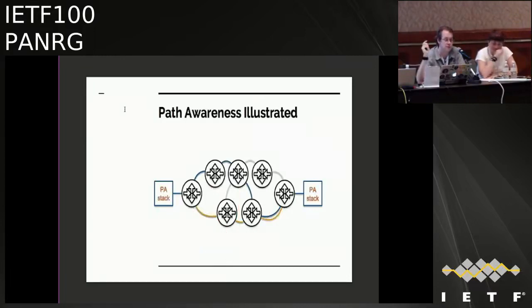In a path-aware internet, the control plane in some way is pushed all the way to the edges. You have endpoints with protocol stacks that are path-aware at each end of the network, and can cooperate with the routers in order to select paths. So you have a path-aware stack on either side, and they can select multiple paths through the network that are joint or disjoint at various points. They have enough information about those paths to be able to make informed choices about which path they want to send stuff down.